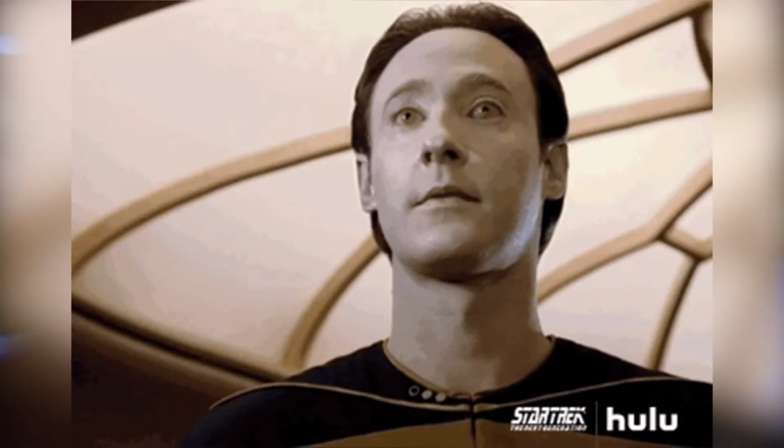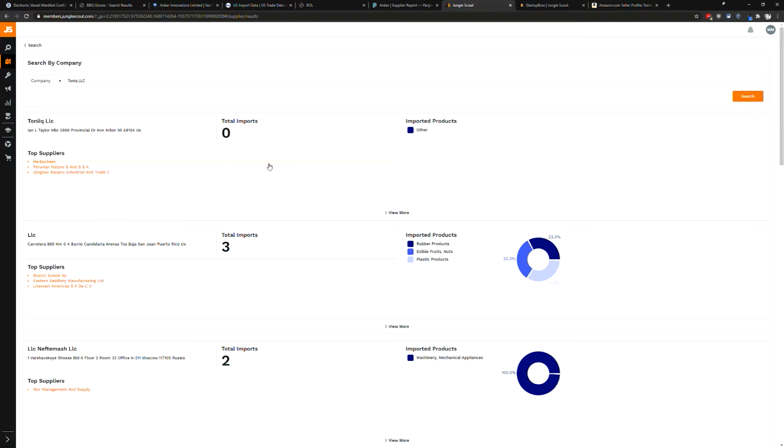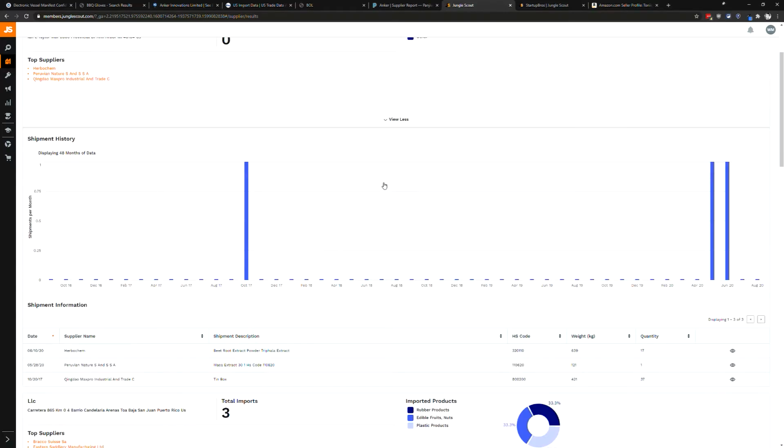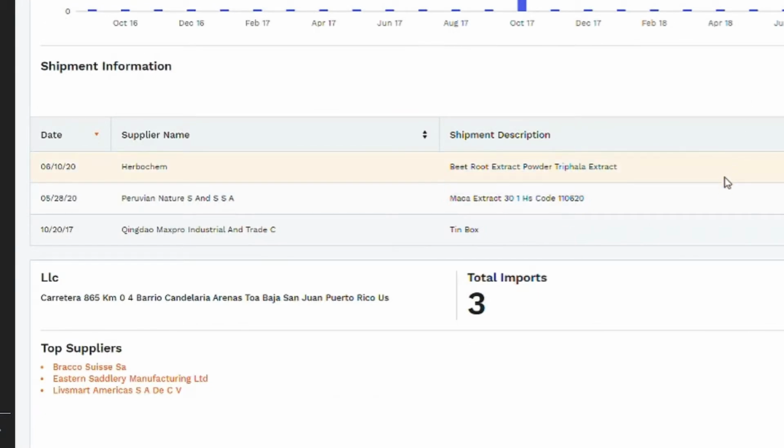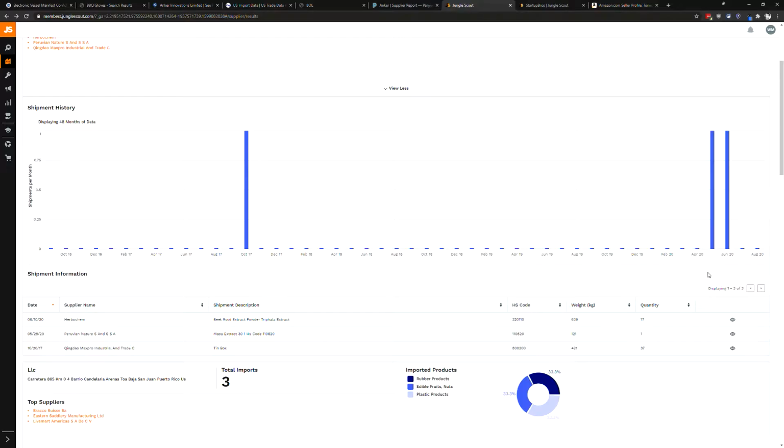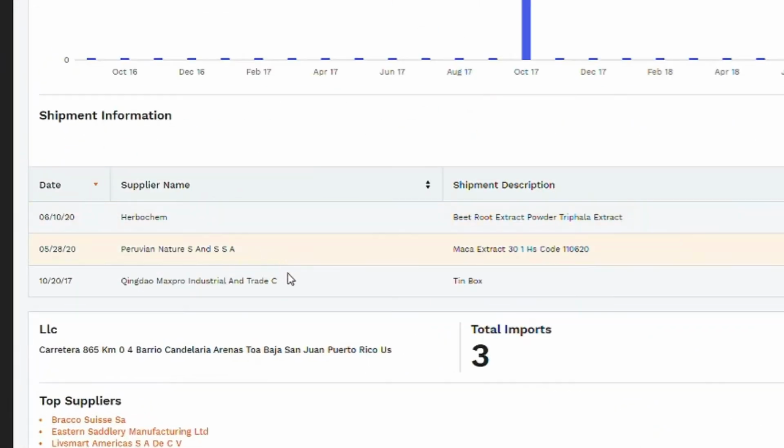But once you have the legal name of the company, it's fairly easy to pull up all of the import records associated with it. So step 2 is to take that legal name we found and type it into Jungle Scout's supplier research tool. This already is going to pull up a ton of useful information for us. We can see what kind of products they've been importing, how often, and how much, and then we can even dig into each individual supplier and see all of the different sellers that are using these manufacturers.